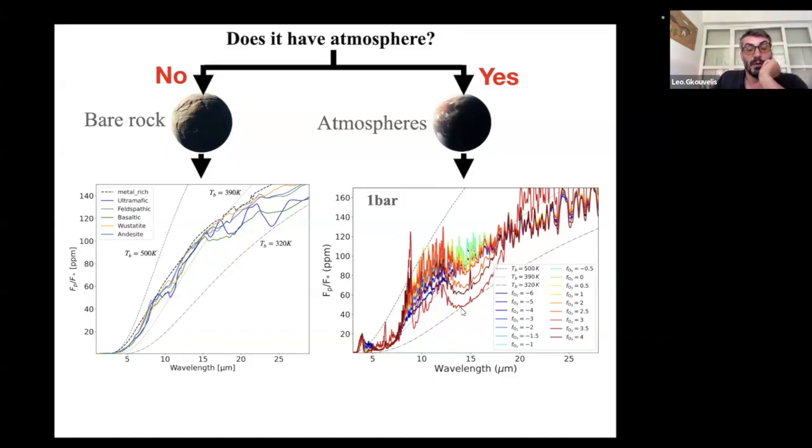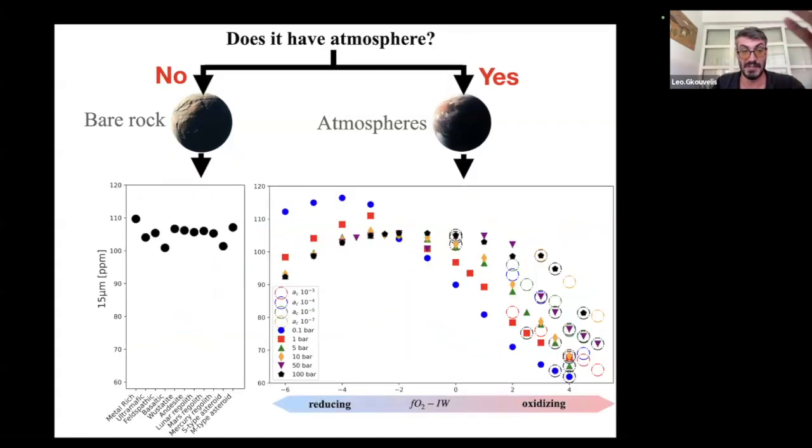And what you can do then is go back to what people in the community are doing in the literature, right? In recent papers, for example, they are proposing to photometrically observe these rocky planets with James Webb, taking only one photometric band and trying to see if this is possible. That's what I'm doing here. I'm taking all of my scenarios and trying to imitate how the telescope would see this. I'm choosing the 15 micron band because this is what the observations are using now.